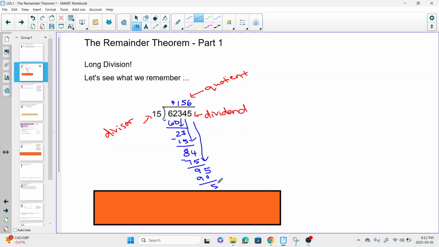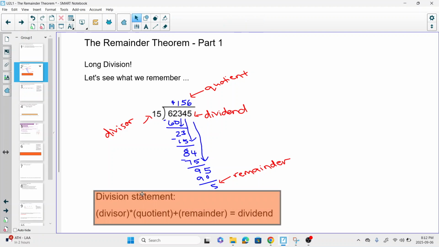And whatever is left over is called the remainder. So some terminology that you've probably heard before but maybe haven't looked at in a while. So we divide a dividend by a divisor. However many full times the divisor goes into the dividend is the quotient, and whatever is left over